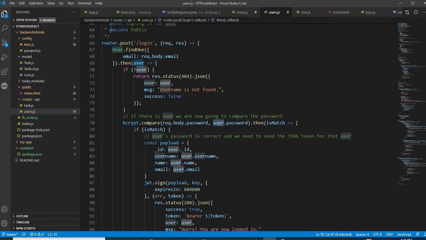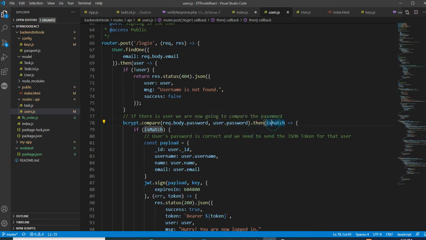So through the user you got data. What is the data? Password. So from the database you got a password, and whatever you have provided, you are trying to compare. Okay, then it's a match.